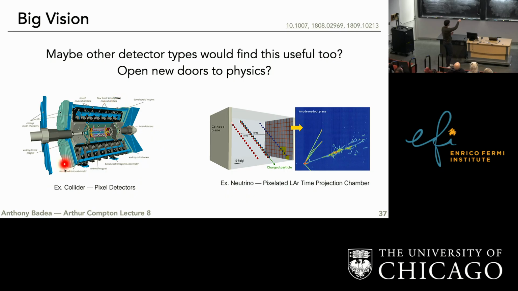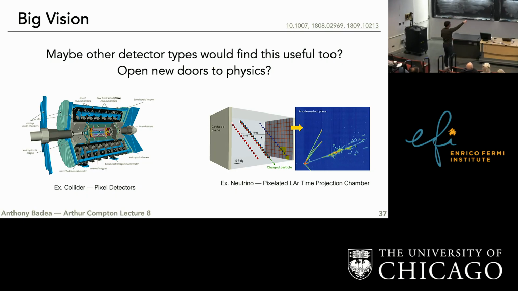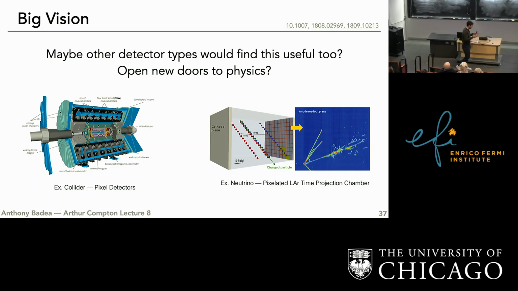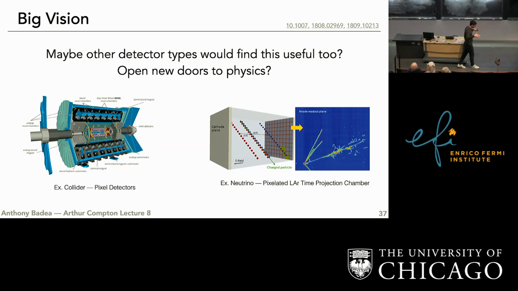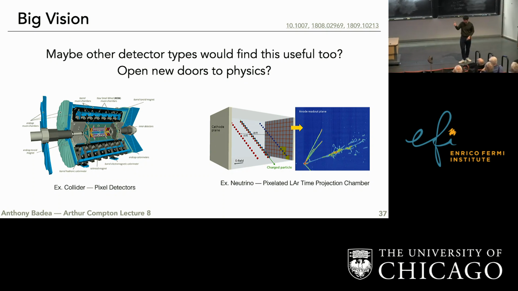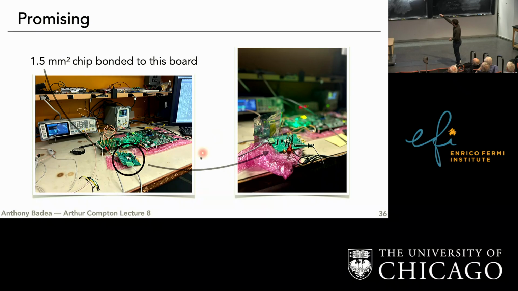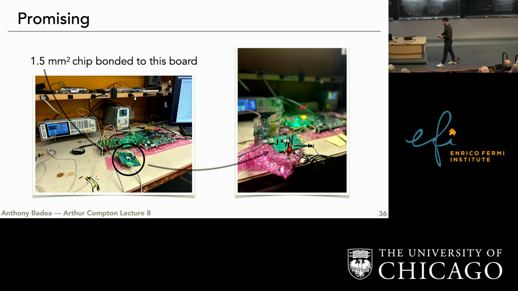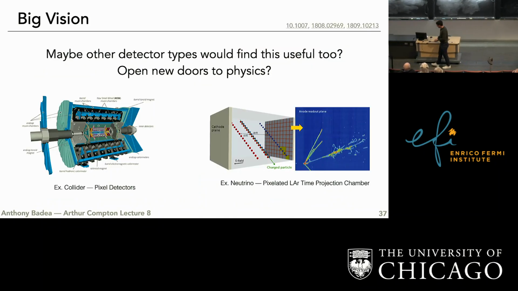And so there's obvious ones that are what will happen at the LHC colliders or future colliders. But then there's other experiments, like for example the neutrino experiments, where they have very similar types of pixel sensors, high data rates, and you could imagine putting similar types of electronics nearby. So this is kind of the first direction. And to emphasize, in that long timeline that we've been talking about, to get to the experiments that we want, these type of studies are really needed now. That's why, for example, this chip that we're designing here, maybe it will get installed in the LHC in 7 years or so, but more likely this will be for a far future detector.